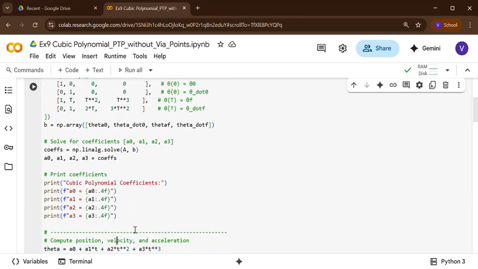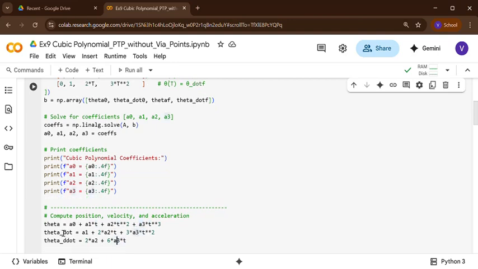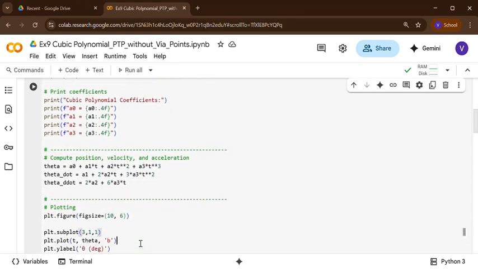So now we have to substitute those values in the equation. That is why the equation is given, because we are going to plot as well: theta, theta dot, theta double dot. Theta is the common cubic polynomial equation. For theta dot you have to take the derivative, and for theta double dot you have to take the derivative of the second equation. Already I have explained the first two. Then for the third equation, if you differentiate a1 it will be 0, if you differentiate this you will get 2a2, and if you differentiate this you will get 6a3t. Okay, so now we have got the formula. That's all. So now we are going to plot it.